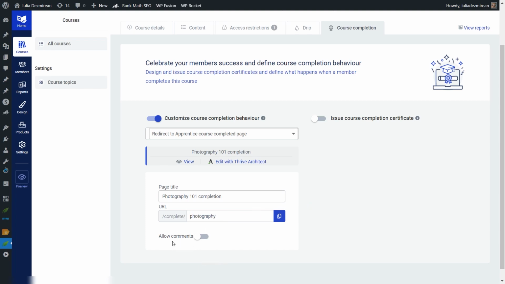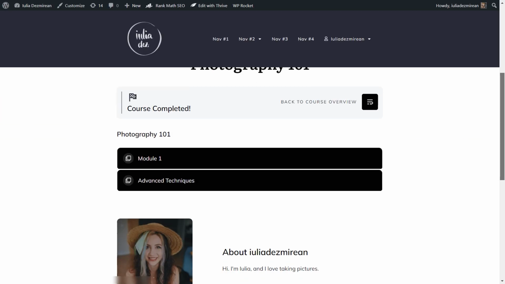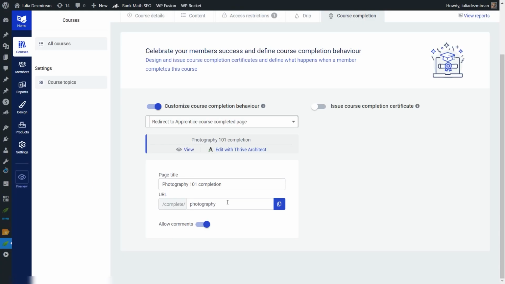And lastly, you can decide whether you want to allow comments on this page or not. If you want comments to be allowed, you can simply enable it, and upon previewing the page, you will see that you will have a comment section at the end of it. In our case, it will appear right here. So these would be the available options in case you want to redirect your students to this specific Apprentice course